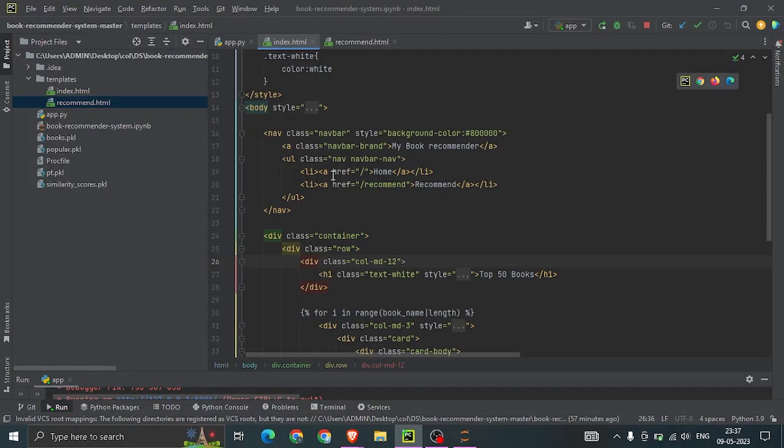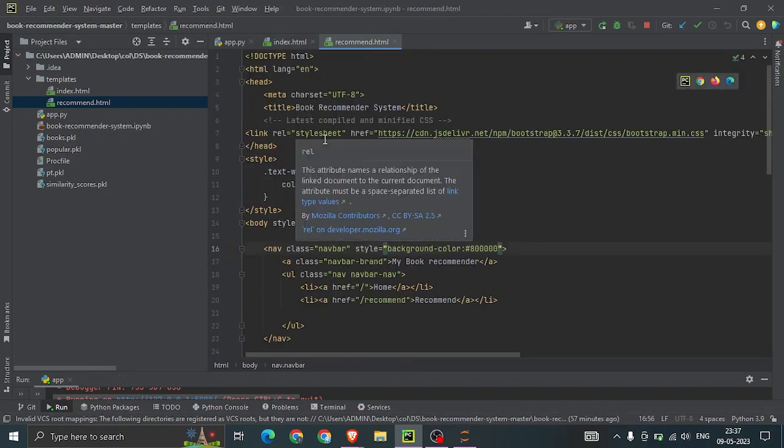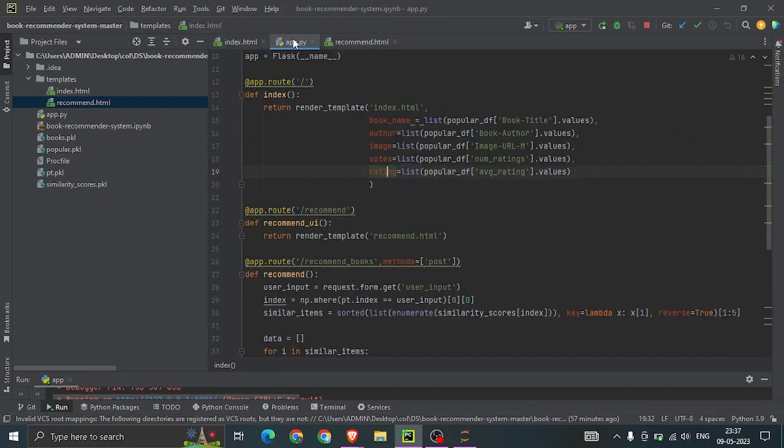Now using href we are connecting home and recommend. The recommend page has a different HTML. Using the href we are connecting these pages to app.